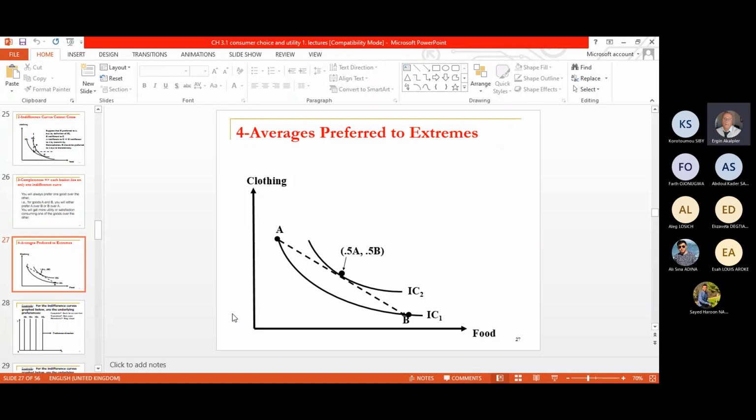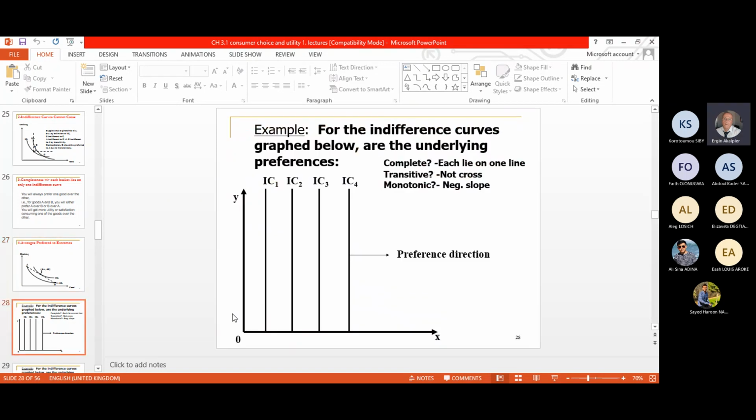Therefore, where the budget line is tangent to indifference curve 2, we suppose this will be the best possible bundle for the given scenario, which is 5A and 5B. It is not accepted to intersect the lower part of the indifference curve, and you don't consider this because you prefer to consider where the budget line is tangent to the indifference curve. And for the indifference curves,